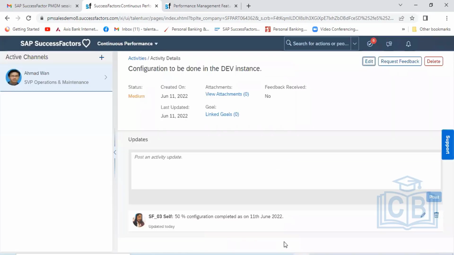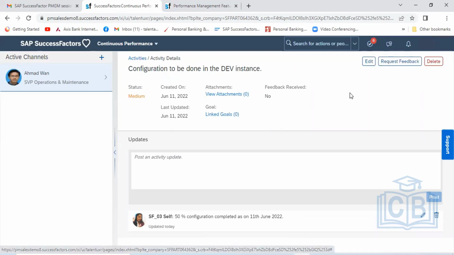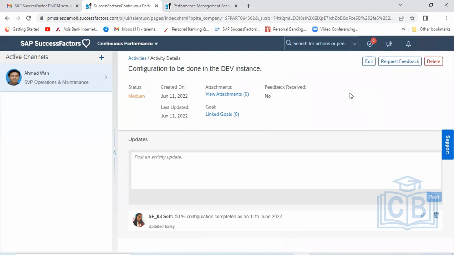But apart from that, this is the screen coming from the end user side. Suppose you want to request feedback on this particular task from someone, not the manager, let's take some other user. You click on request feedback.